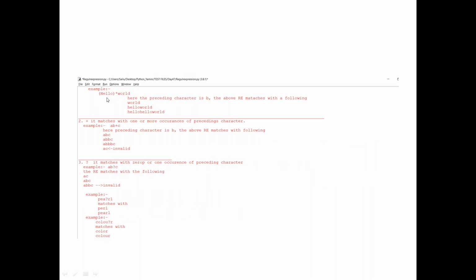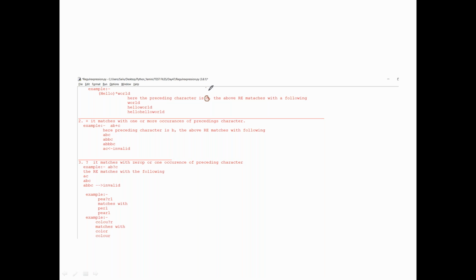And next here you can see hello world. Hello is in brackets, star, world. Here the preceding character is hello. I just copied and pasted, so it was a mistake. It's not B, it is hello, because it's in a bracket.